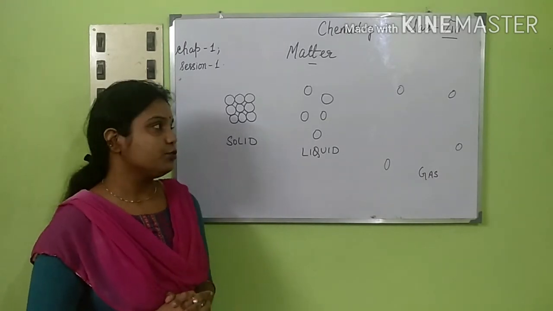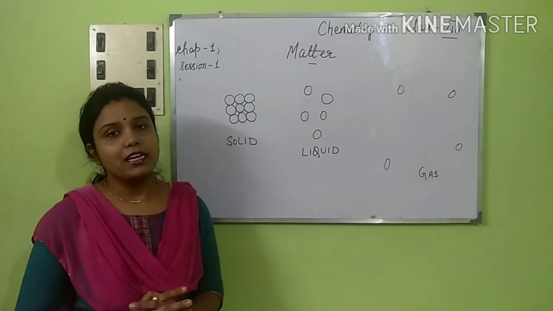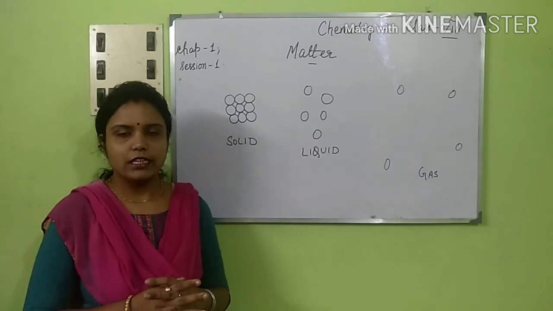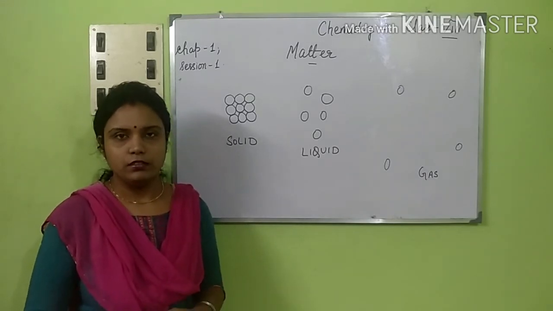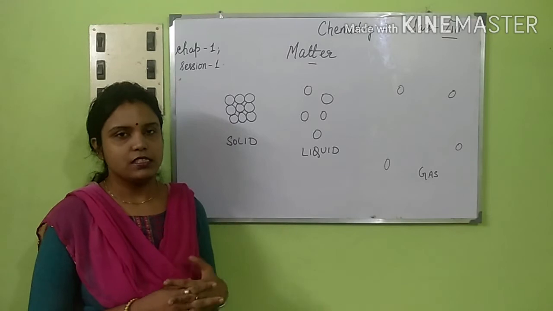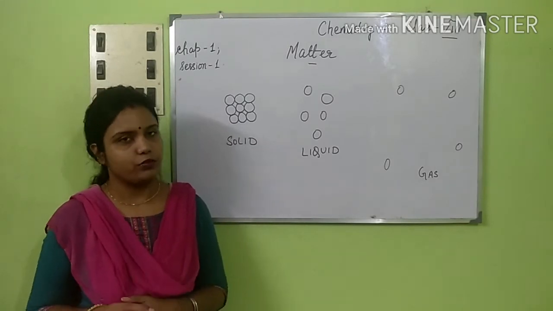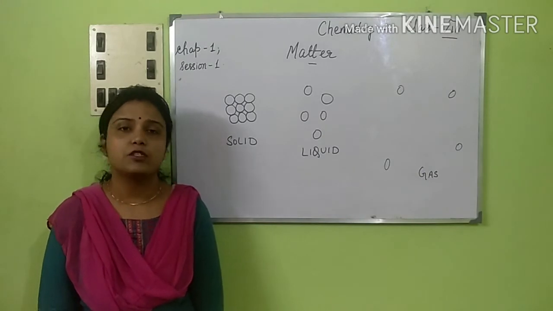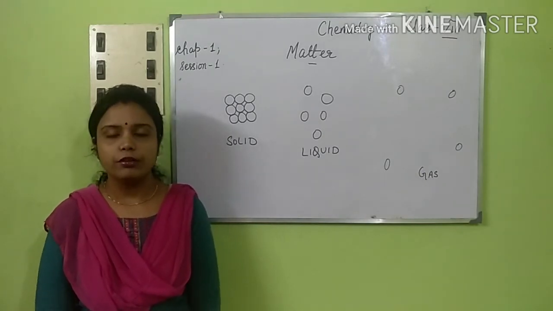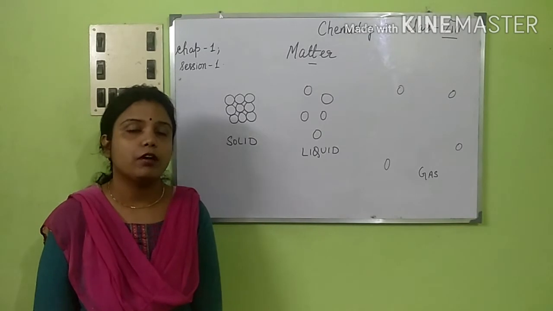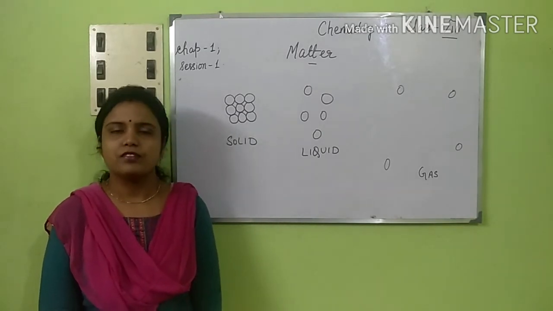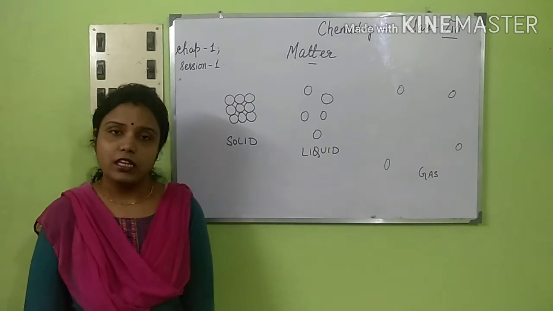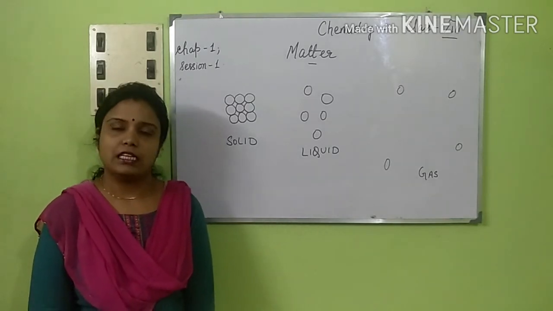Next, coming to the kinetic theory of matter. Before I start with the kinetic theory of matter, I will state the same characteristics of matter which we have already done in physics. The first one is its very small size. I have already told you that it is of the size of 10 to the power minus 10 meter. That is very negligible and cannot be seen with the naked eye. You need a microscope to see that.